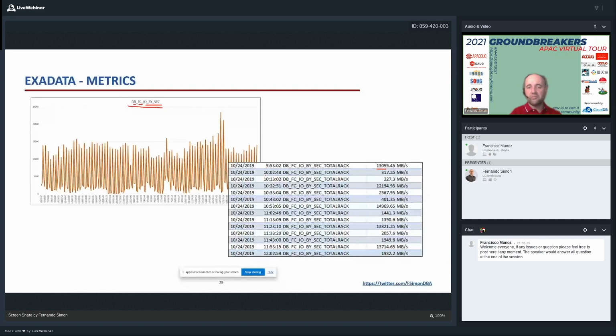In these 10 minutes I just read 300 megabytes per second, the average, and from here to there just 200 megabytes per second. But after that I have 12 gigabytes per second, I wait 20 minutes with no reading, and